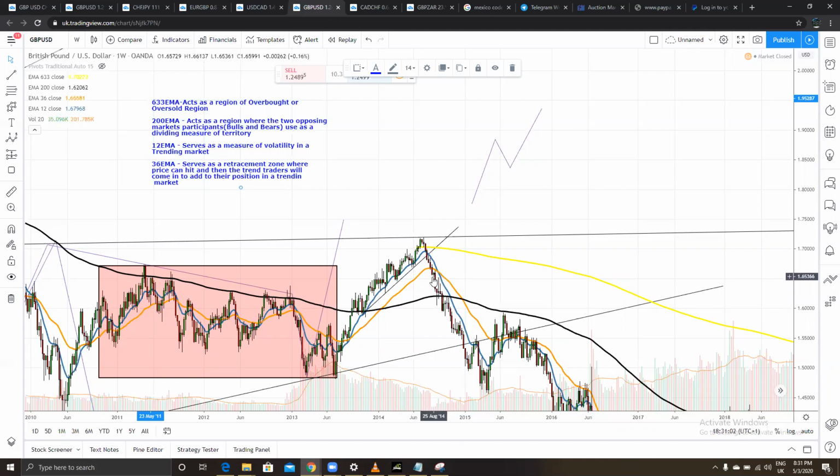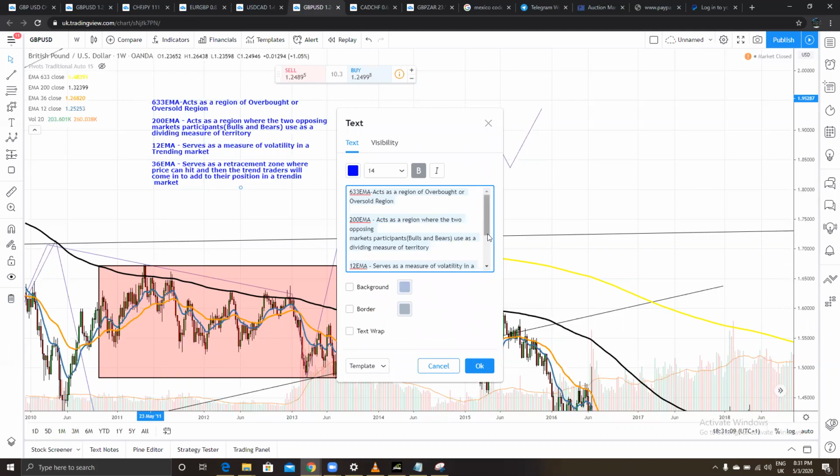All right. So when you have the 12 EMA and 36 EMA cross in a trending market, market condition goes a long way in this situation. In a trending market,